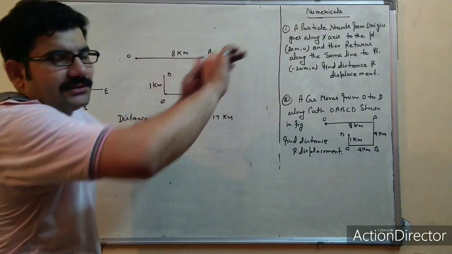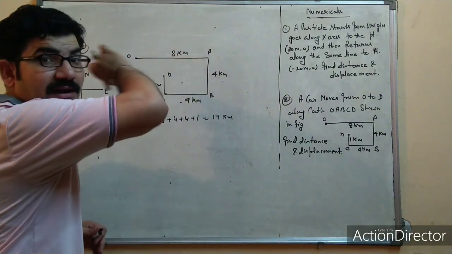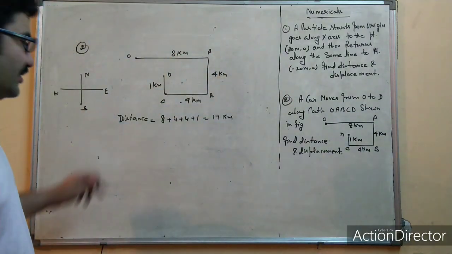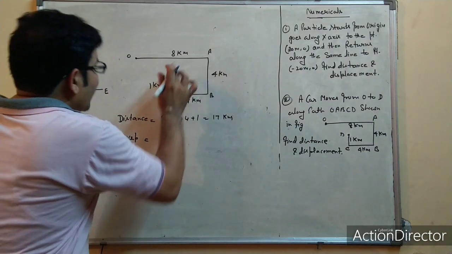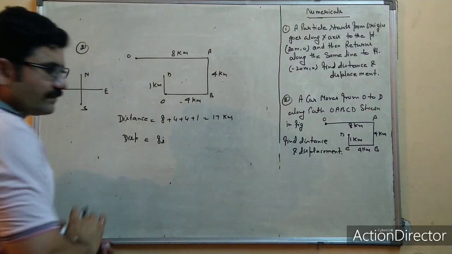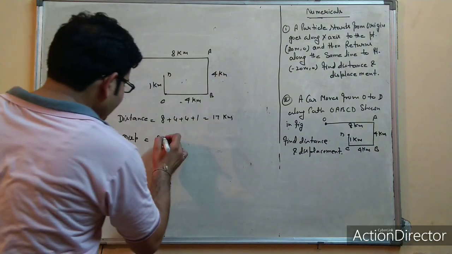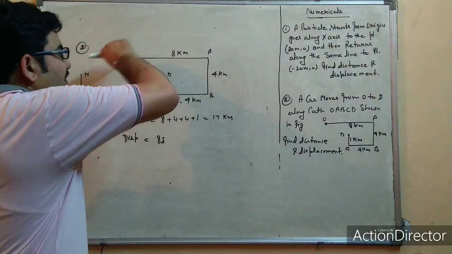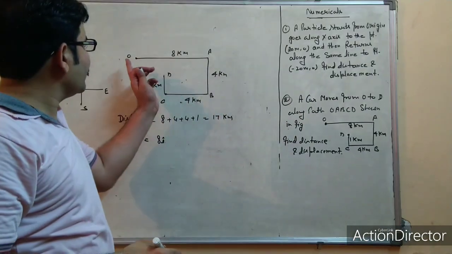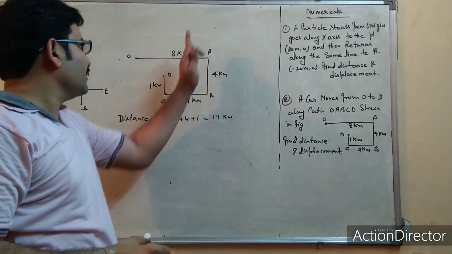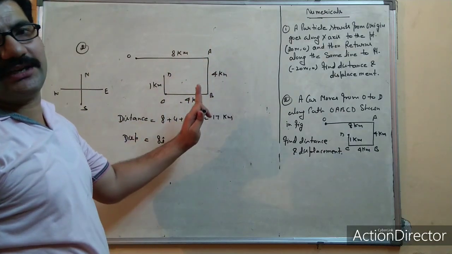This is in that direction. So you have to pick i cap in the east direction. So the displacement at 8 is i cap, along the x-axis. This is the x-axis, this is the y-axis and this is the z-axis. But at that time you are seeing that this is the x-axis, this is y. Is y in the positive direction or in the negative direction?